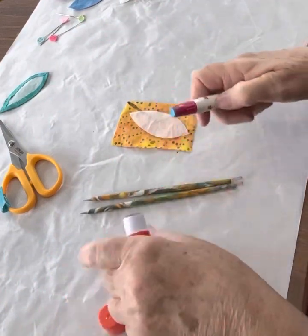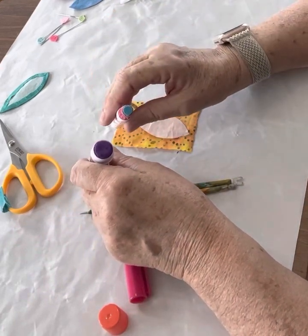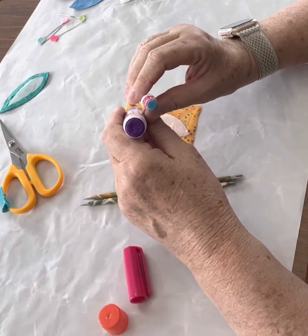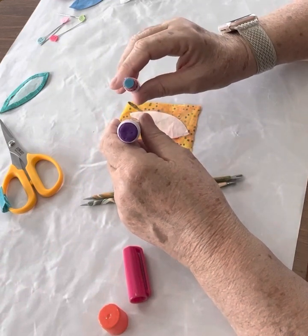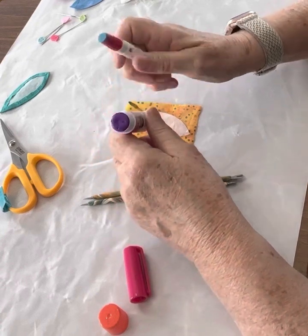But anyhow, you can use anything to turn with, basically. And you need a glue stick. Now, this is the Elmer's washable glue, and this is Sulky glue. The big difference in the two, as you can see, is the diameter. I strongly recommend using the thinner glue unless you're doing something really large, because there's so much less glue residue